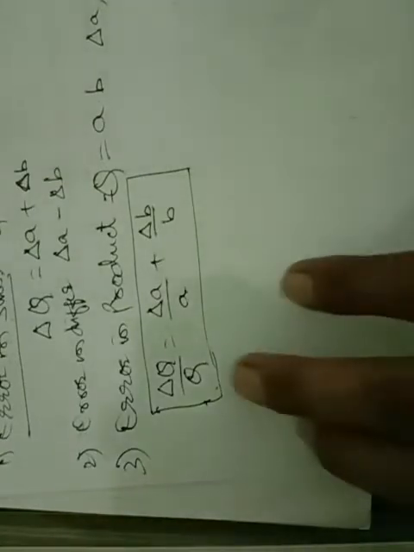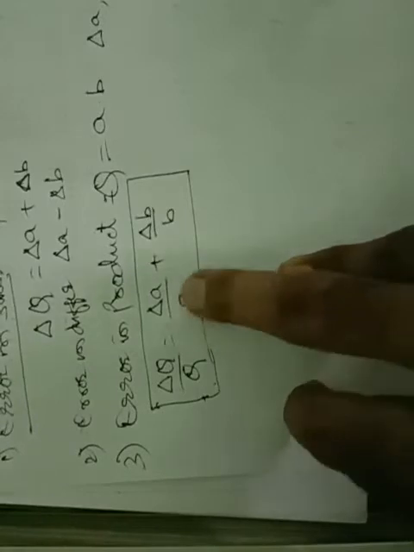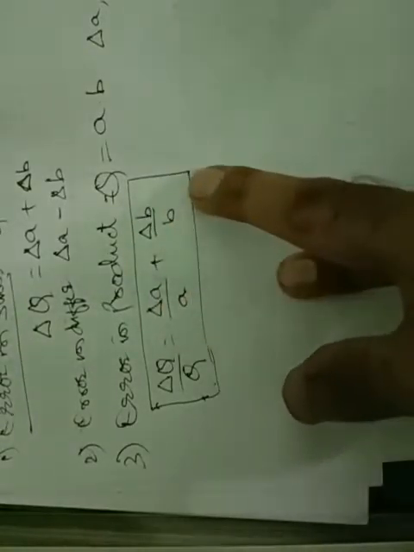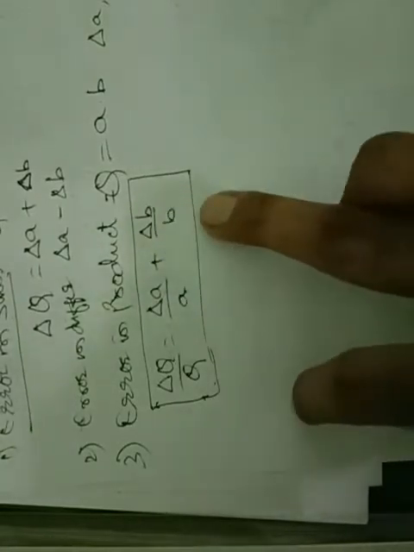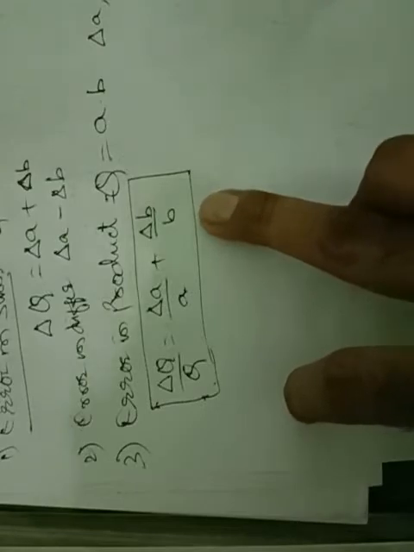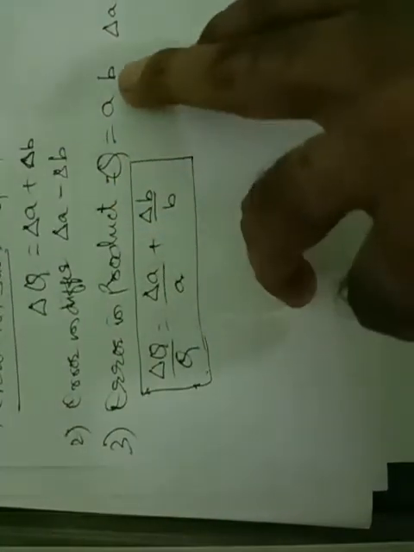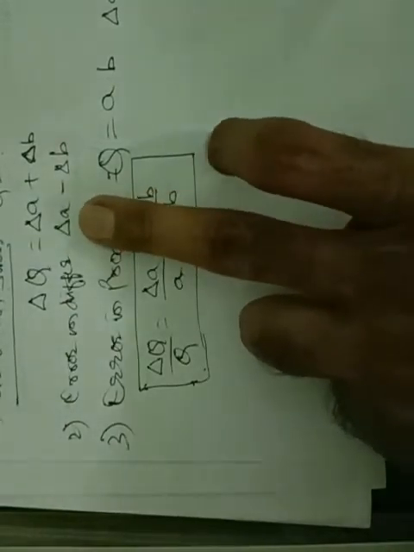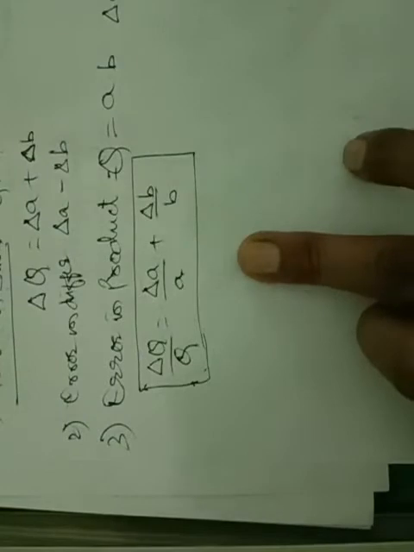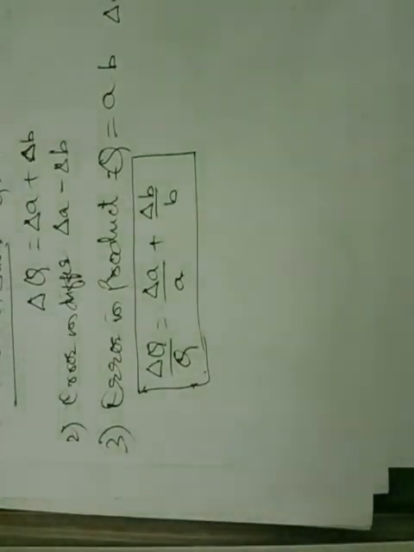So in the case of product, this value will become delta A by A plus delta B by B. Means when the two physical quantities are multiplied, the maximum relative error is equal to the sum of the relative error of the first quantity and the second quantity. So delta A by A is called the relative error for the first value. Delta B by B is called the relative error of the second value. Is it clear? So in product case, A dot B, it will become delta A by A. Here relative error will be existing. In the first two, we saw absolute error. But here in case of multiplication and in case of division, relative error will be existing. So in relative error, it will be delta A by A and delta B by B.